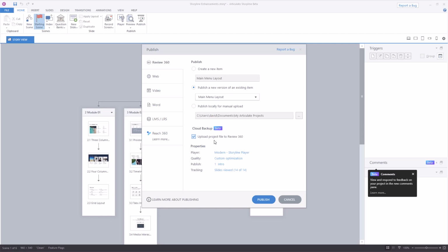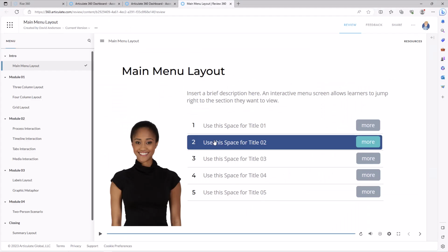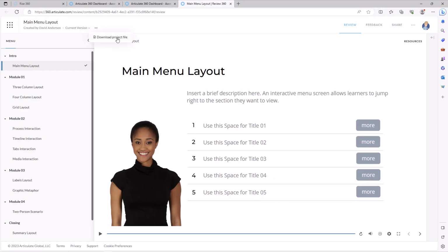So rather than just having a scene and yet the whole file could still be lost, you want access to that entire file. Now, also keep in mind that the only person who can access that source file is you. So even if you invite collaborators or share this out for feedback, this file is not going to be seen by anyone but you. This is specific to you as the course author. So you don't automatically make the course file available to anyone who's viewing in Review.